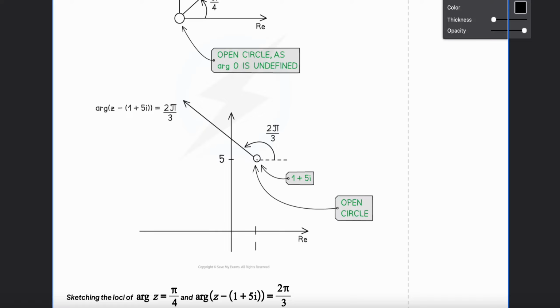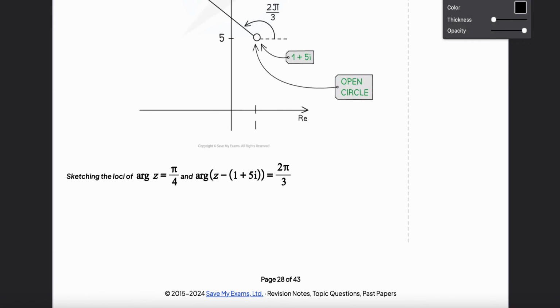And then we measure our angle from this point going anti-clockwise. We measure our 2 pi over 3, right? So this is the angle that is representing 2 pi over 3, and then we have our half line there. So this line is what we are referring to as the half line. Okay, and so we are done. That is how we represent the argument of